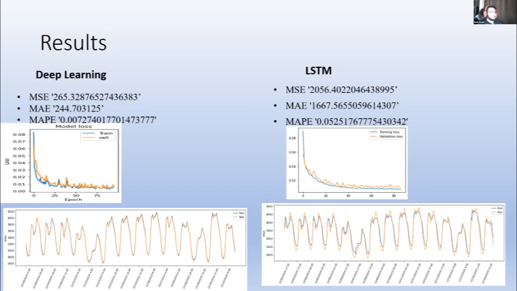Deep learning models are quite basic, but LSTM has a forget gate. The forget gate can cause the model to not remember the important information in the data set, maybe.